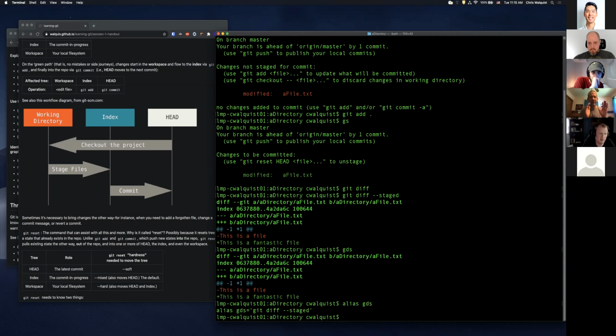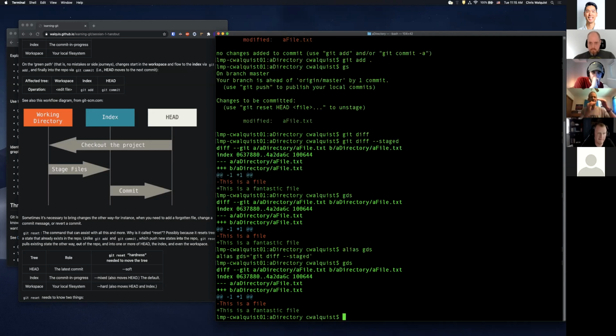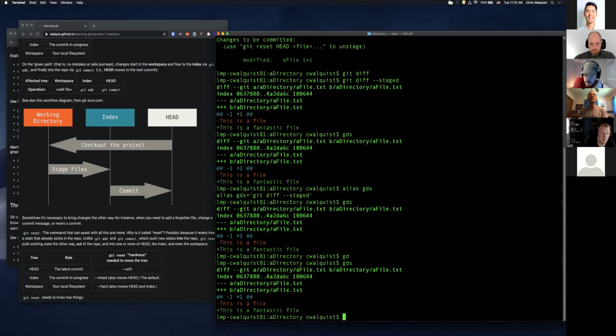And then when I'm ready to commit, I can do a final GDS, and that tells me the whole sum of, okay, what am I about to put in to Git here? And then make sure I check through that everything is like I expect it to be. And then commit it after that. It looks good. But those for me come in very handy. GD for git diff and then GDS for git diff staged, just to know what the status of my trees are with respect to changes.